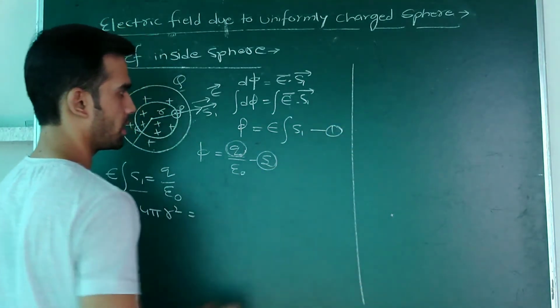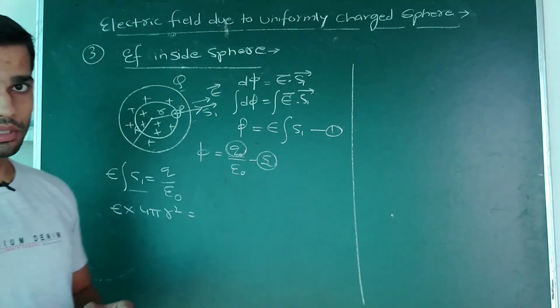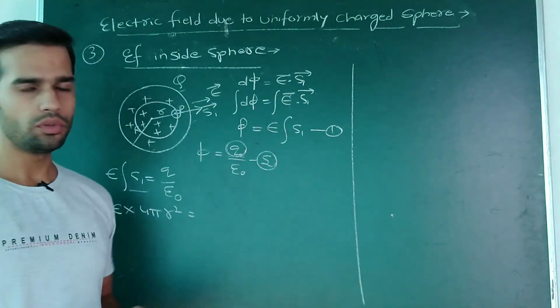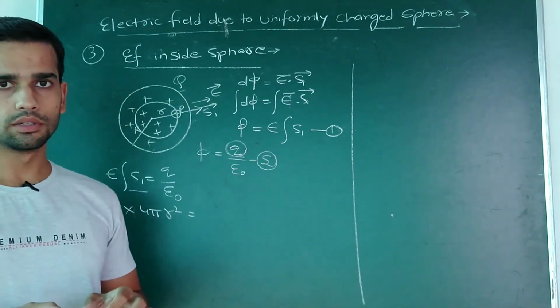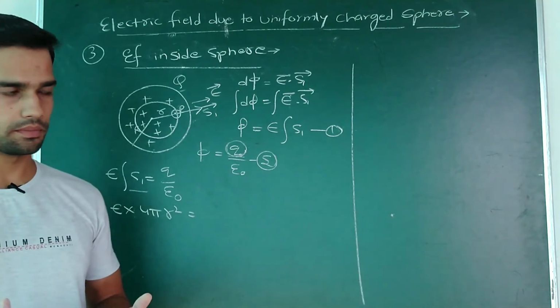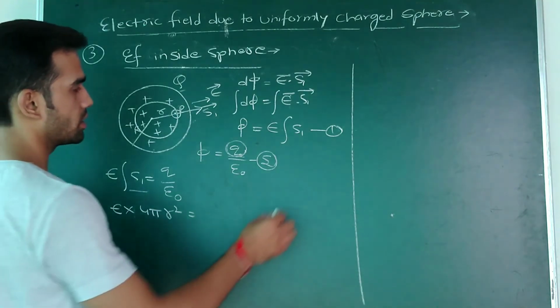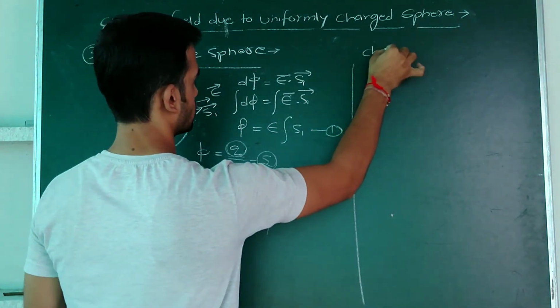Okay, and how to calculate this charge? This is the method. So first of all, to calculate the value of small q, you have to consider that the charge capital Q is uniformly distributed in the whole volume of a sphere. Okay, after this consideration we can say that the charge